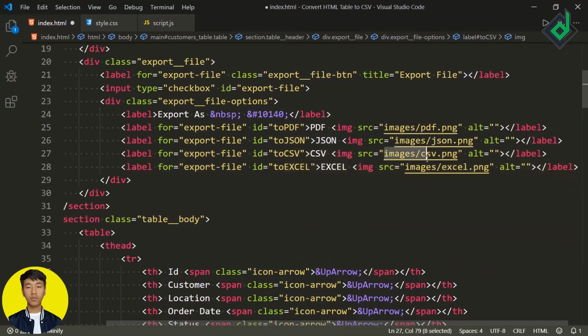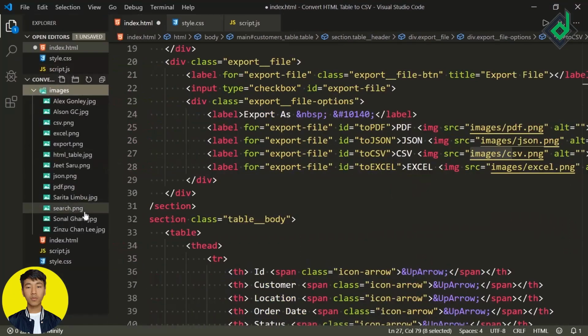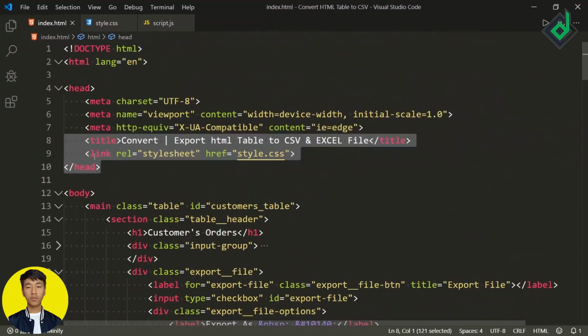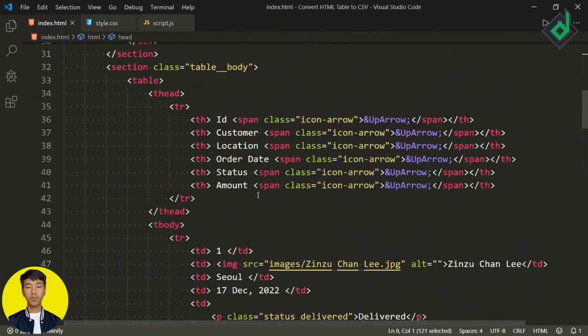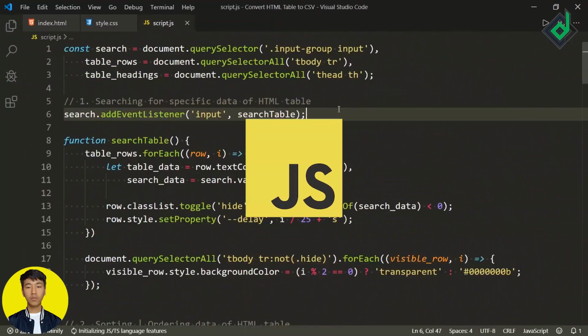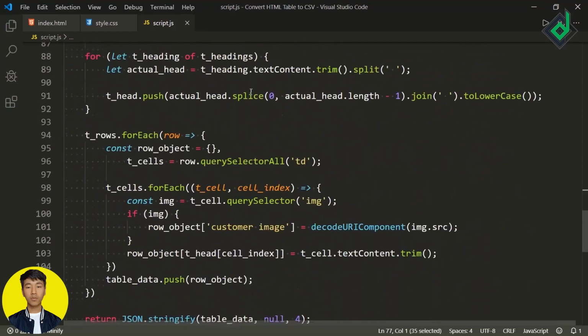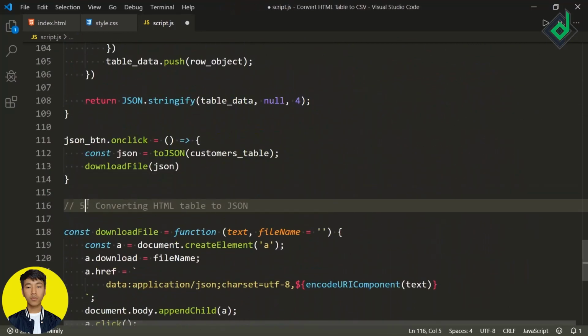Okay, as you can see in the same folder, I do have a folder named images, and inside that folder there are different images. And you can also see I have already linked the CSS and JavaScript files, style.css, and in the JavaScript file there are a few lines of code. Now let's copy the same comment and paste it down there. Let's change that number to 5, and change that JSON to Excel file.